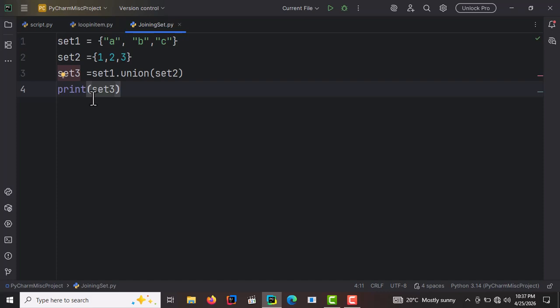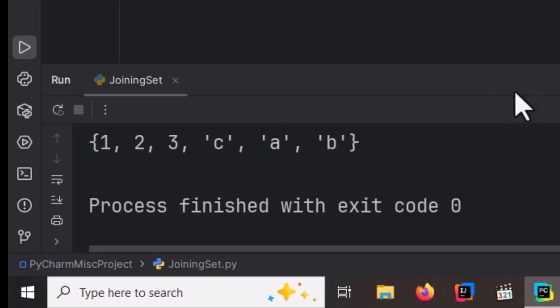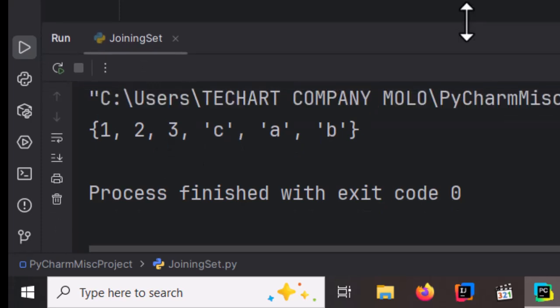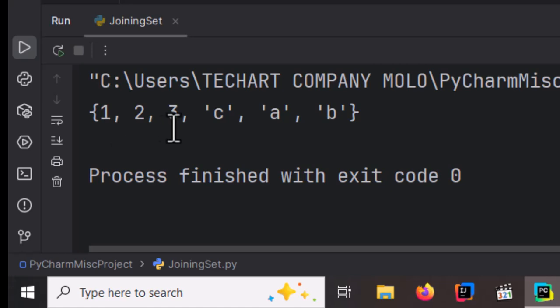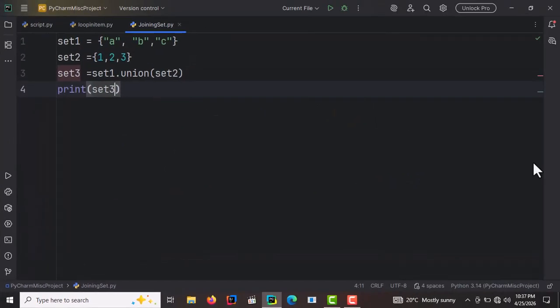Basics are everything. So run this. I'm running, and you can see we have our results down here. So we have numbers, then the other. And then the second thing that I want you to know is that, instead of just using the union